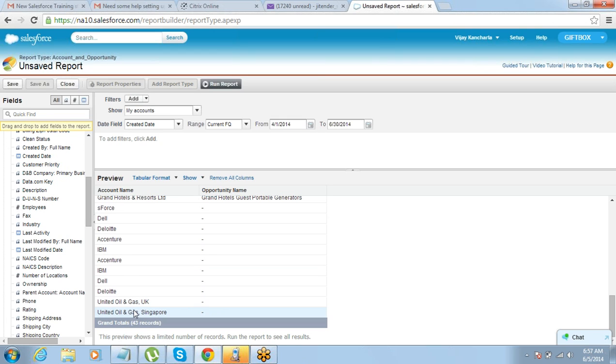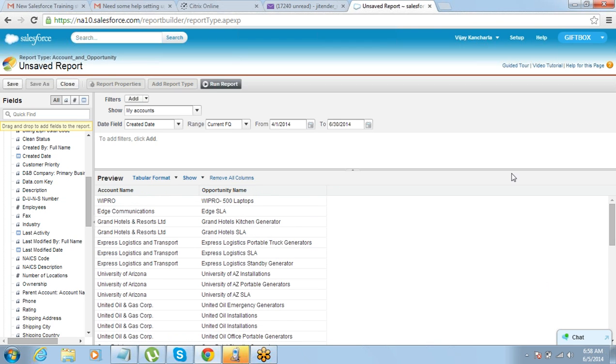Here rest everything is the same, bringing the field, putting the filters, tabular, summary, matrix, whatever we have done so far, that's all the same. Clear? Okay.